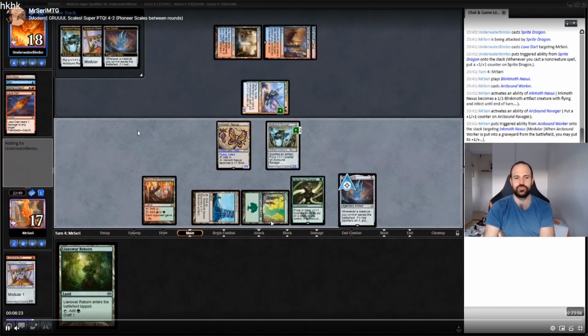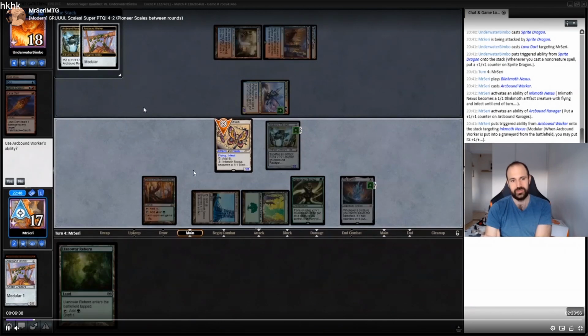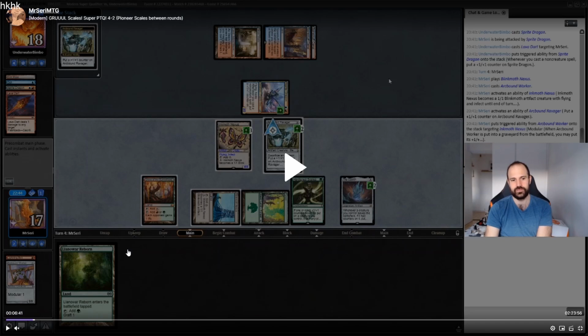But here, basically, as you know, I put the counters from the worker on the Ingmoth. I will have way more than enough counters on the Ravager to press lethal. Now, if they Lava Dart here, what I can do, maybe for extra safety, or even not, is I will just eat my Blinkmoth Nexus. That's why I didn't play Dawn Reborn. I will eat my Blinkmoth Nexus to make this a 4/4, and then this will be enough counters to win